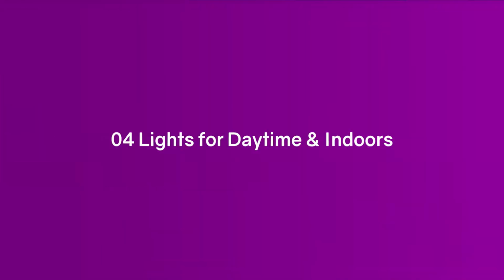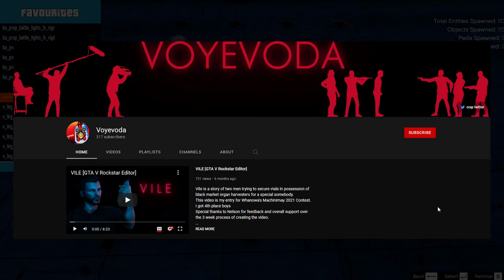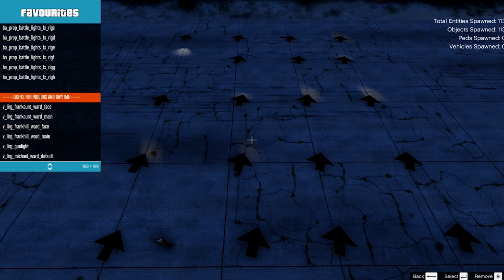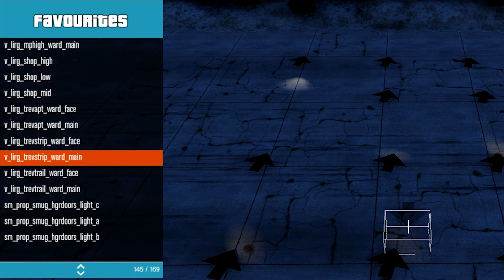Lights for daytime and indoors. I've got some good news for you in this part of the video. GTA 5 actually has some neutral lights that work during the daytime as well as indoors. These are pretty obscure to find, so thanks to my homeboy Voyevoda for pointing me to them. Like these arrows literally pointing to them, which is also the direction in which the lights are shining. They can all be found by the search phrase v_,